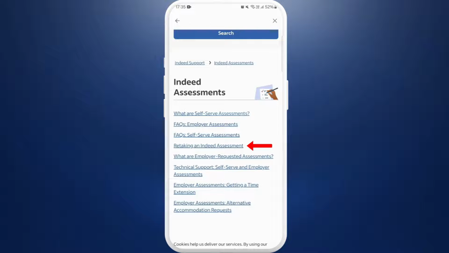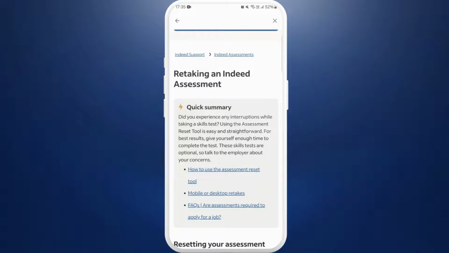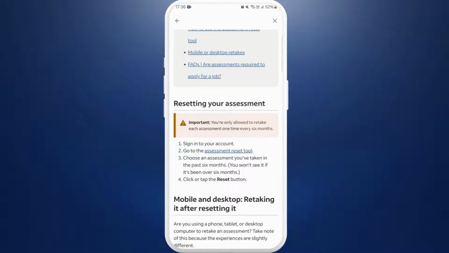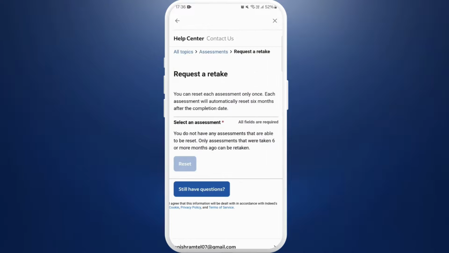You can see Retaking an Indeed assessment option over here. Select it. Now in order to retake your Indeed assessments, scroll down and here you can see Assessment Reset Tool. Tap on it. Now it will take you to the page where you can request a retake for your Indeed